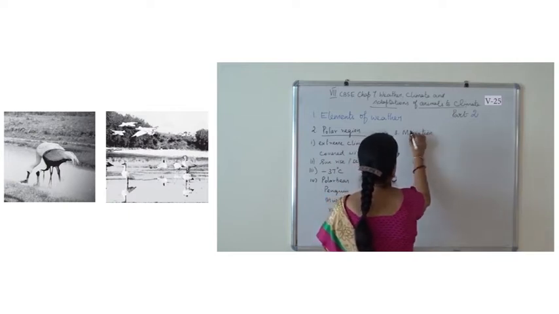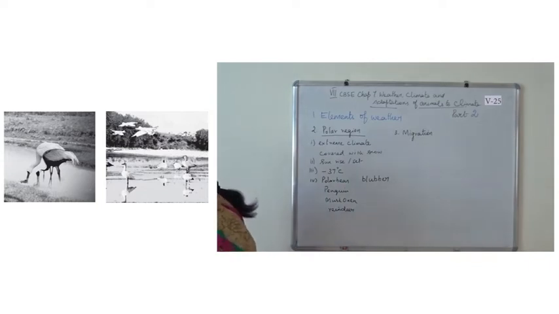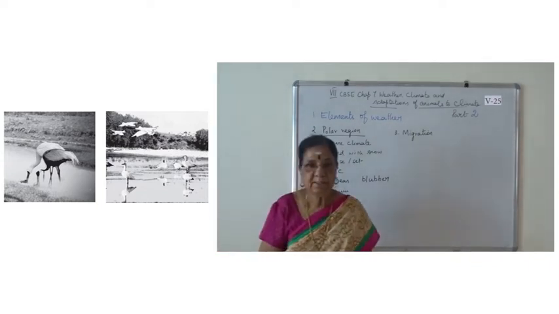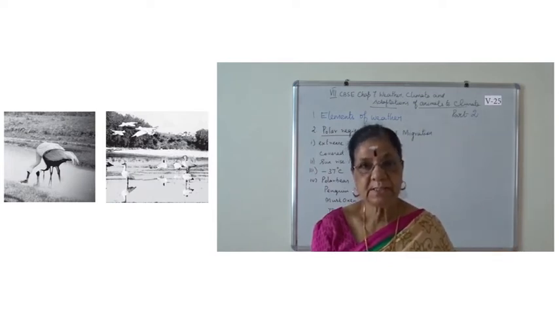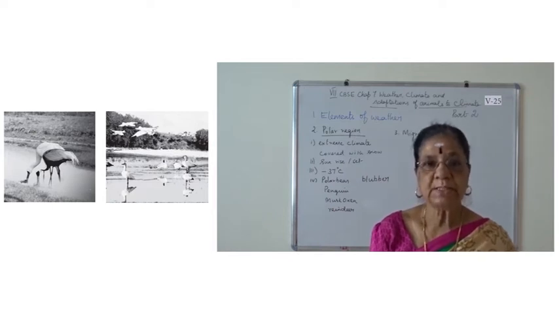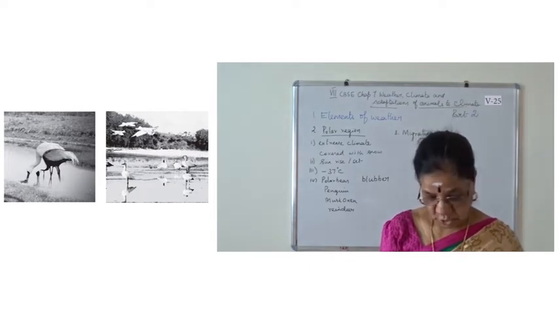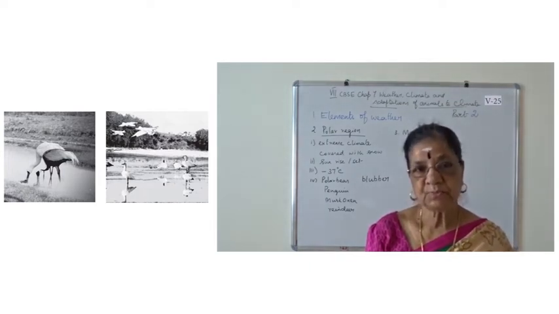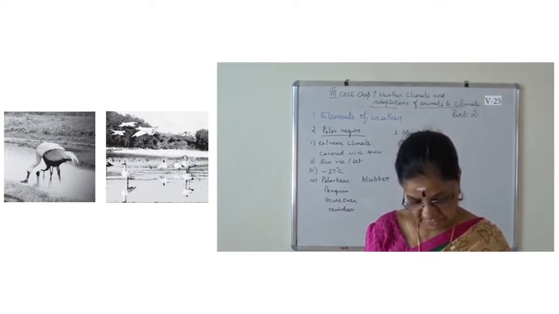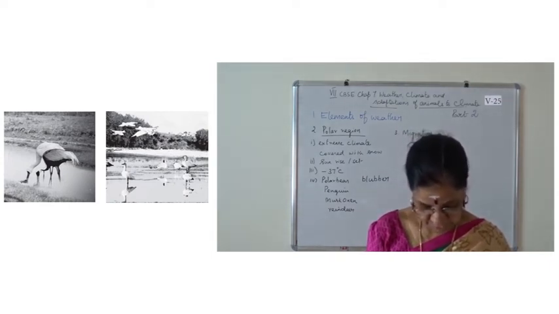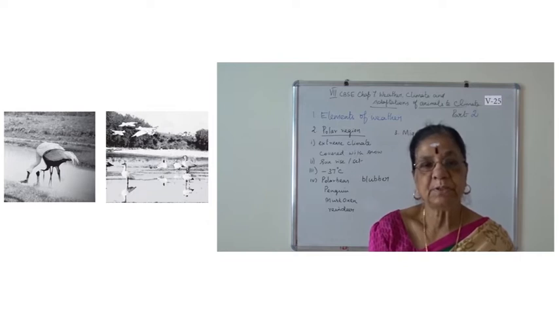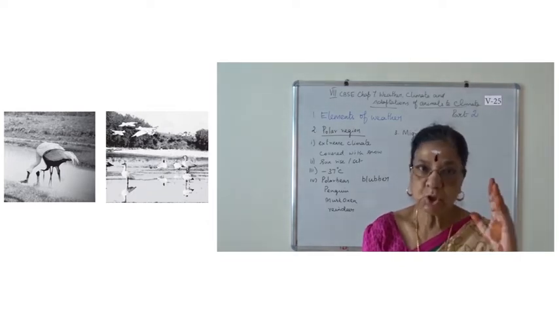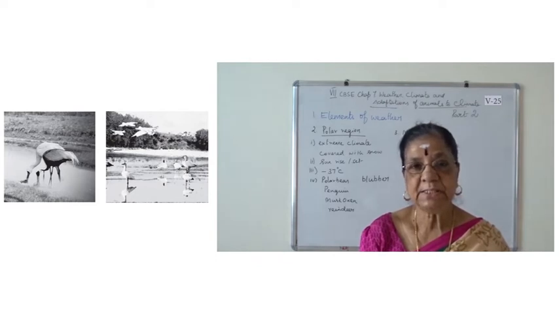This is migration. Okay. So these are migratory birds. Animals usually migrate in search of food and to reproduce. Birds like Siberian crane and ruff. The ruff is a medium-sized, long-necked wading bird. Wading means